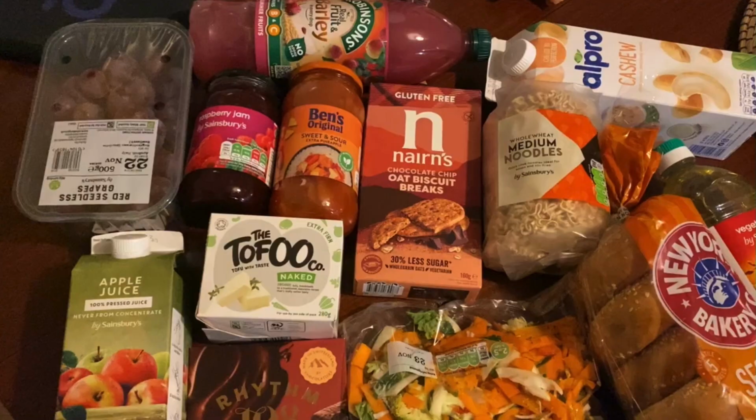That evening I did the rest of my weekly shop. I spent £20.24 in Sainsbury's, and I don't do a weekly shop on Sunday for the week. I'll just do it when I run out of food, so I happened to do this one on Friday because I could have gone the whole week without it, which is good. And the reason why I went to Sainsbury's and not Aldi, I'll normally do the bulk of my shop in Aldi and then get extra things like tofu and stuff in Sainsbury's, but I had most of the stuff